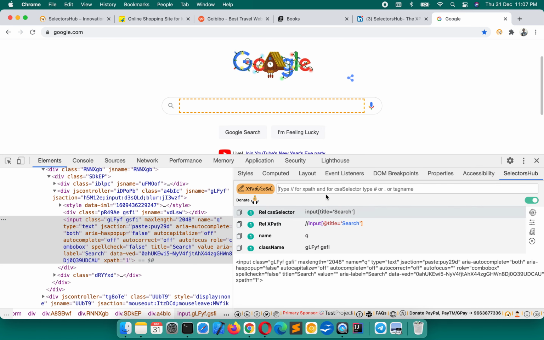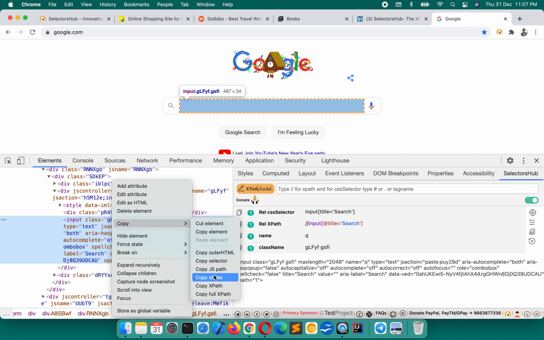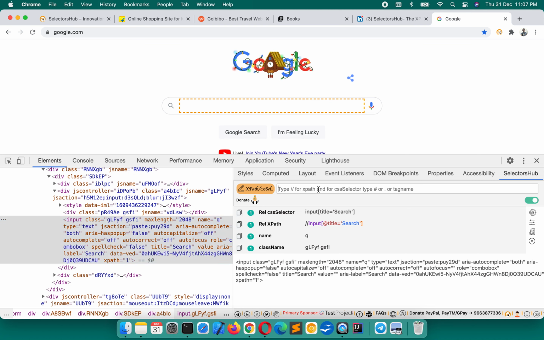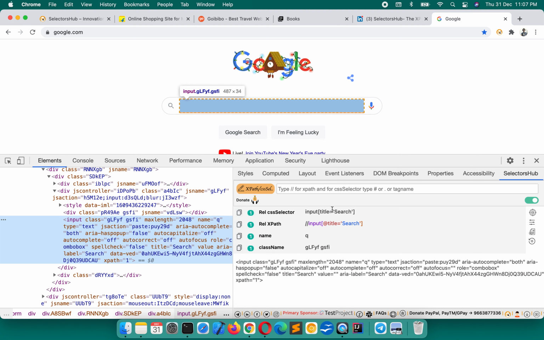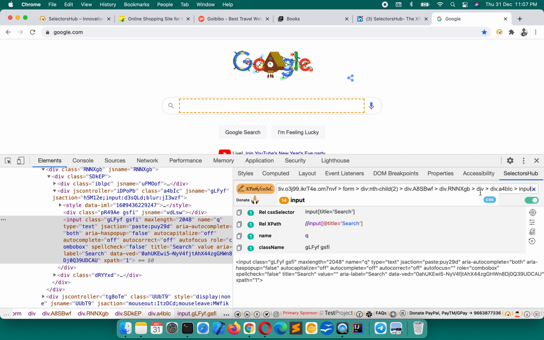You can compare. You see that this is the CSS selector which Selectors Hub gives. If you copy the value from Chrome DevTools and check what it gives, XPath and CSS selector both, you see the XPath which Chrome DevTools gives is this one. You copy the CSS selector and paste it, and it is such a long value.